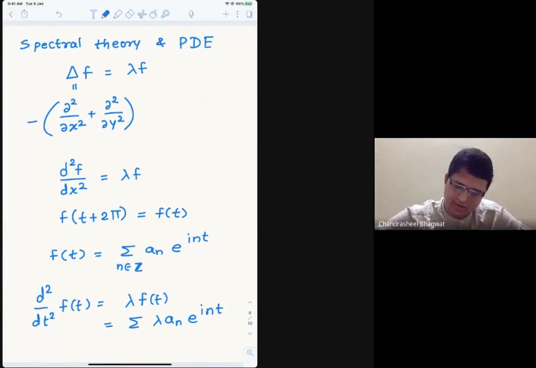I think I have to put a minus sign everywhere in the beginning. So there should be a minus sign here because I'm looking at the minus, sorry, I'm goofing up a little bit here. Let me just clear it. So the delta for me is minus of the second derivative. So this is fine so far. So if I do the second derivative correctly, this is also going to be the same, with a minus sign because of that i factor there, and then it's just a_n into i to the power e to the power i n t.